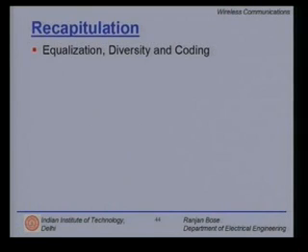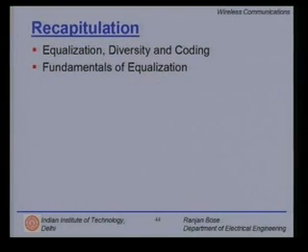Let's recap what we have learnt so far. In the previous lecture, we saw that the channel impairments because of multipath and hostile mobile environments can be overcome using one of three techniques: equalization, diversity, and error control coding. However, we can use them individually or in tandem. Then we looked at the basic fundamentals of equalization, followed by a brief structural investigation of the adaptive equalization technique.